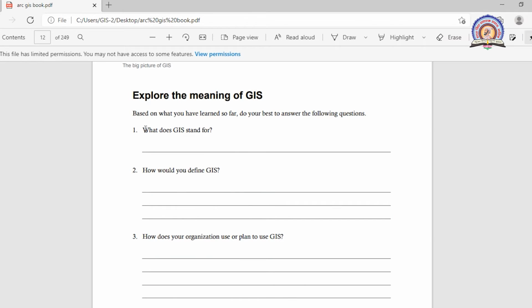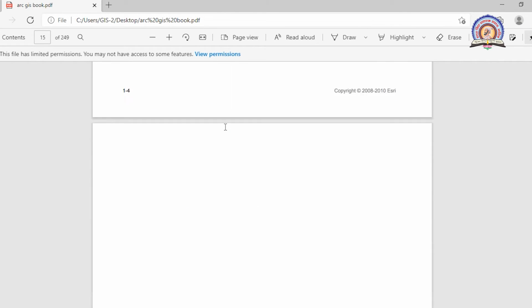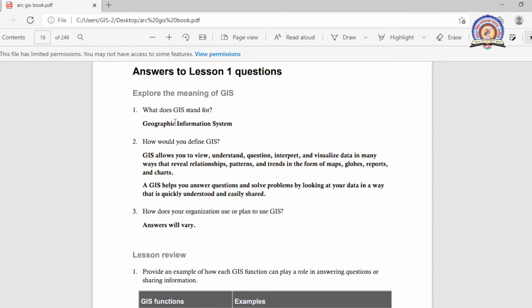First of all, let us see what we understand by GIS. GIS is nothing but a geographic information system. And how would you define GIS?